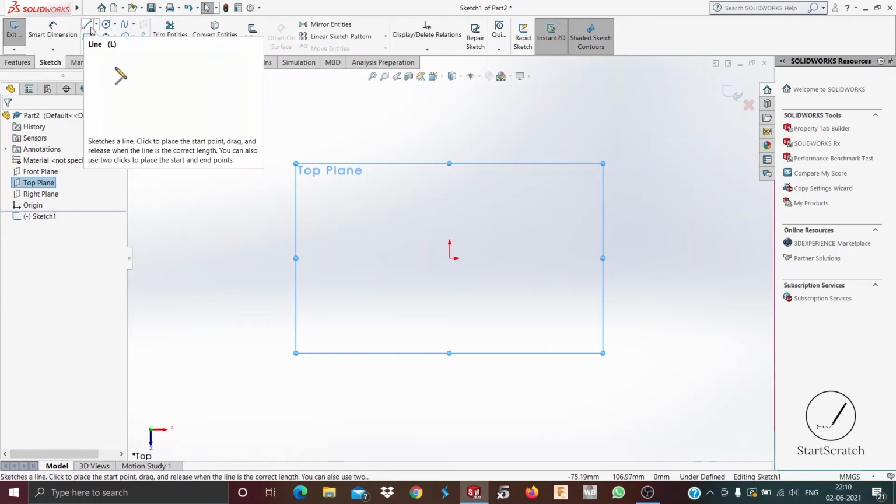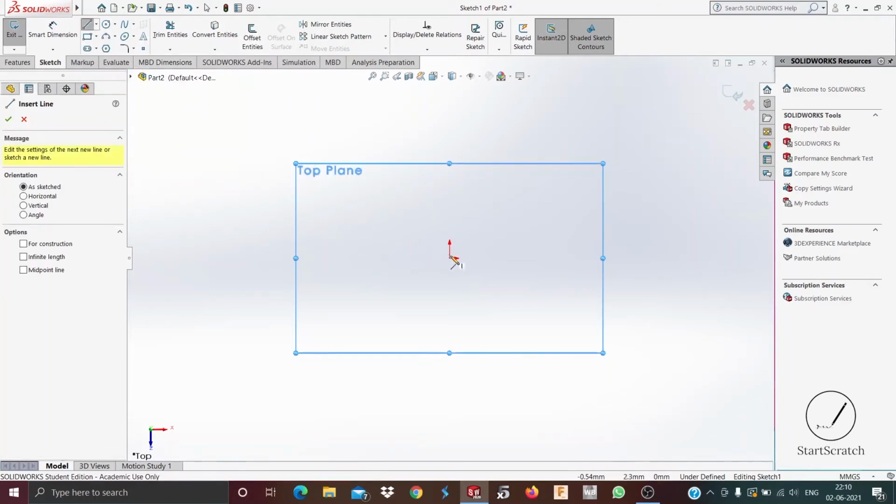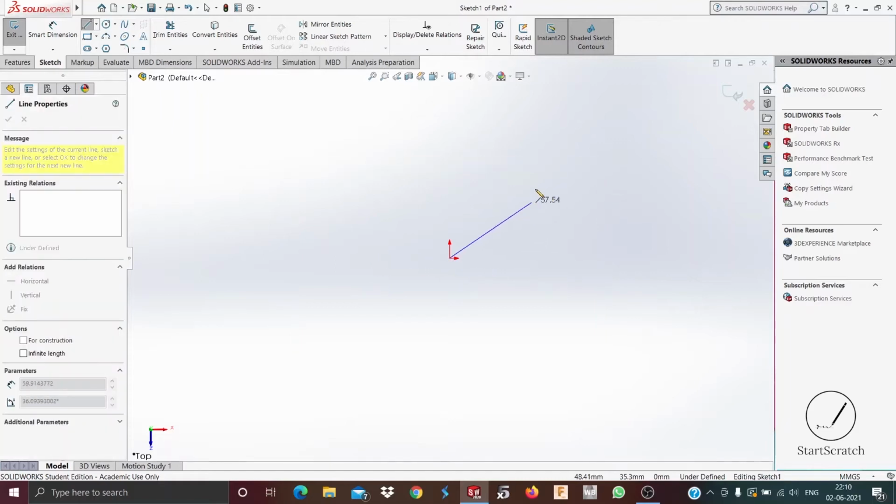So now we select the line tool, and when you hover around the origin, SolidWorks shows you markings, as it is a user-friendly software, and it helps you put the point according to the origin point, or the point when you hover around other lines, to make some relations. Now, we start by clicking on the origin and put a line.